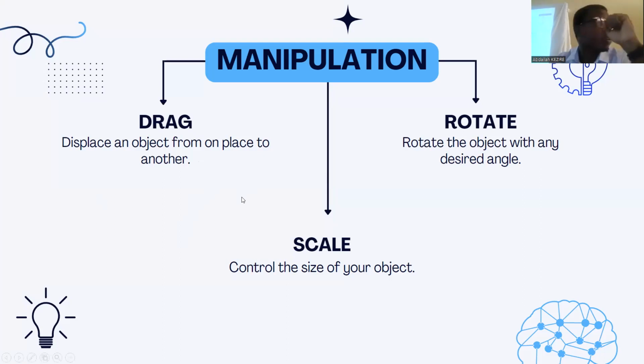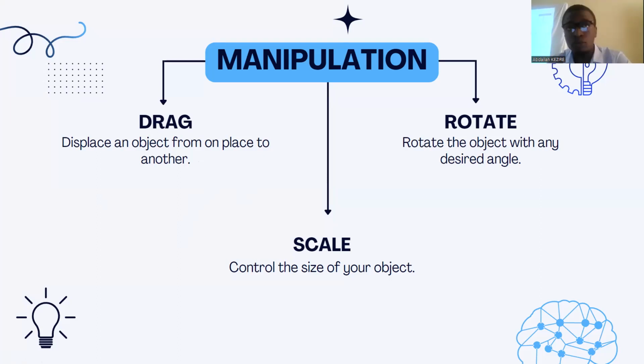The scale tool. With the scale tool, you can control the size of your object, make it bigger, make it smaller. It's also a very important tool. And then the rotation tool. The rotation just changes the angle of what you want to change and so on.